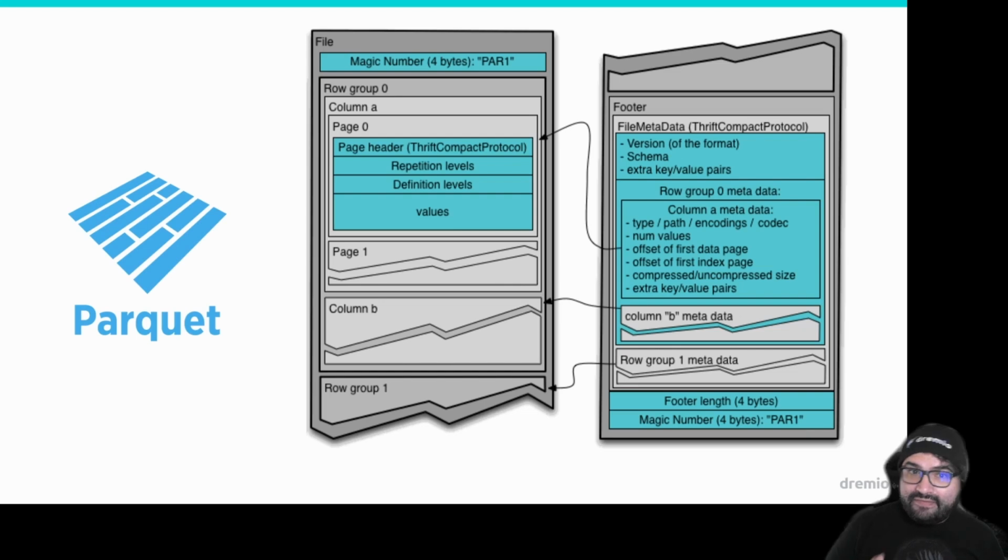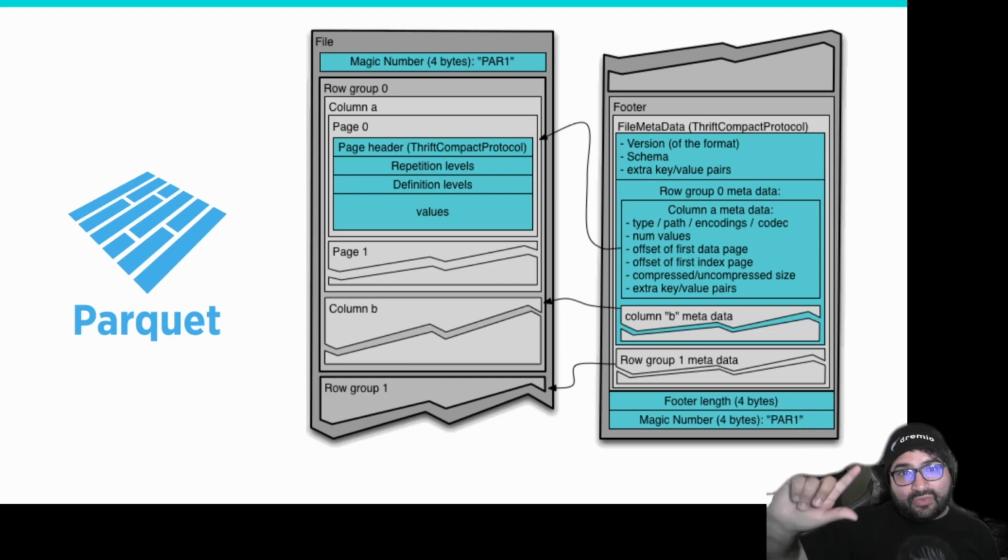Now, the benefit of this is that each row group has metadata. And the metadata for that row group allows a query engine, let's say like Dremio, to do what's called predicate pushdown. This means I can say, hey, I'm searching for only people between the height of, let's say, 3 feet to 6 feet.